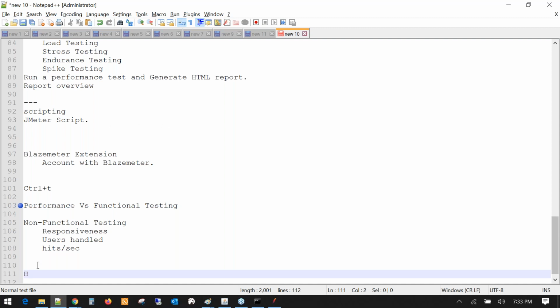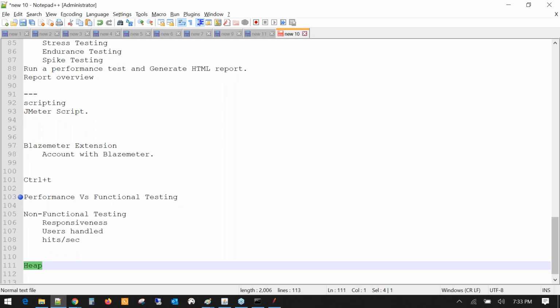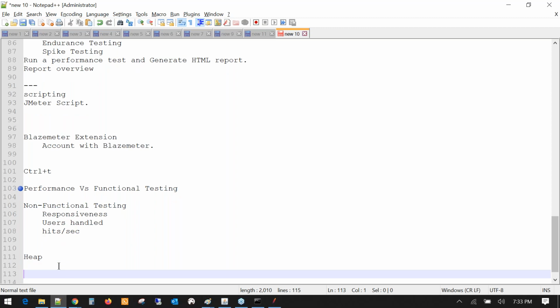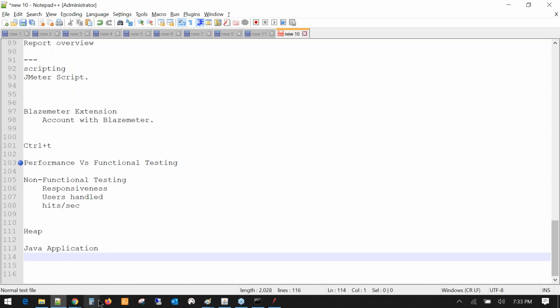One of the attendees is asking about heap. Okay, so this heap basically comes at a higher level of performance engineering. Okay, so at a high level, just understand that any application which is basically a Java application, an application which runs on JVM, requires some memory in order to run. And if I draw a picture for that,